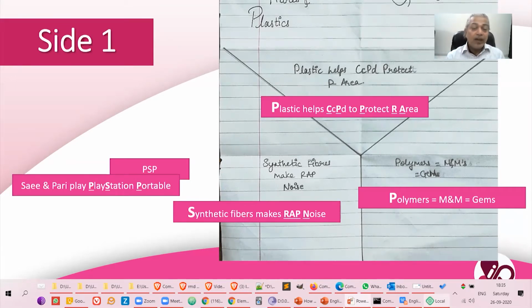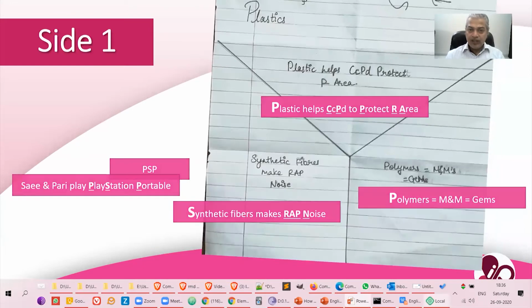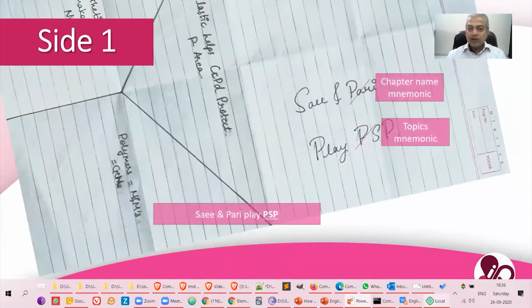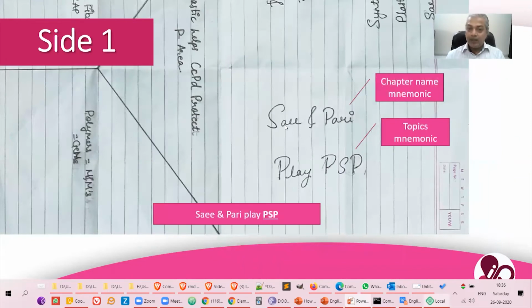If you like video games, you can use that, or you can use something else, whichever way. But the key is that now I have to link the chapter name to PlayStation Portable. How I'm going to connect this to the chapter name is what we'll see in a bit. So the chapter name mnemonic is Sai and Pari, and the topics mnemonic is play PSP.